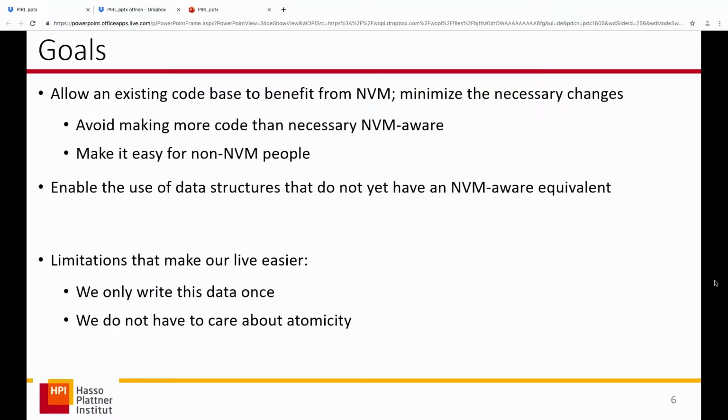So we don't want to go all through the code base, introduce NVM data structures everywhere, and force everyone to work with NVM. In the long term, that would probably be a good thing, but I would get people who are working on different things to hate me. So we wanted to use data structures that we already had, make them NVM aware, and we have some limitations